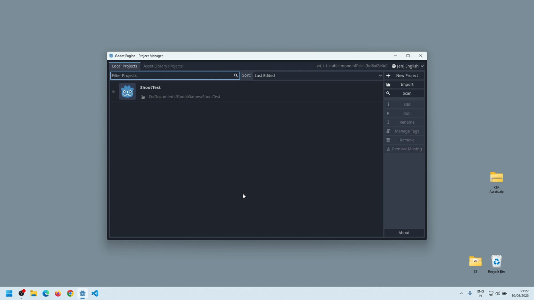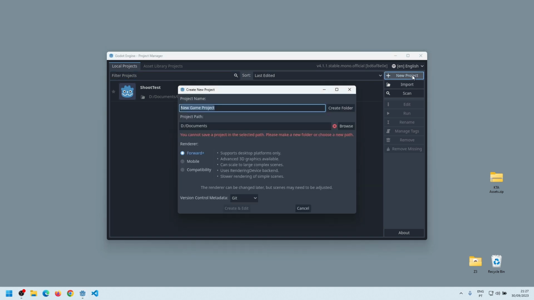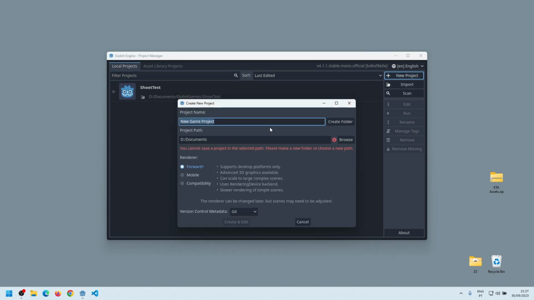When you open Godot, the first window you see is the Project Manager. This is where you manage your projects. You can open the ones you are already working on, import one that came from another computer, or create a new one, for example. Let's create a new project, name it Kill the Aliens,